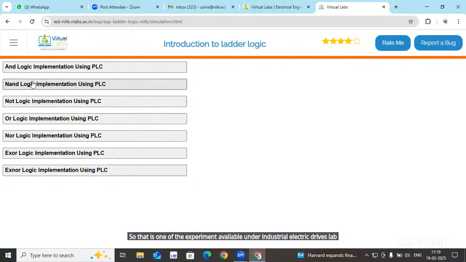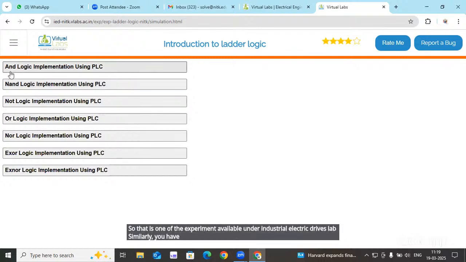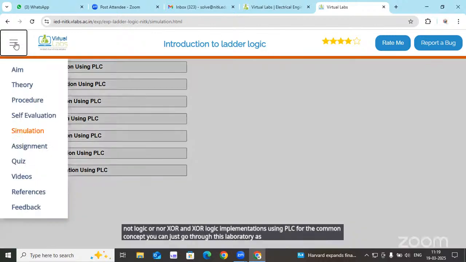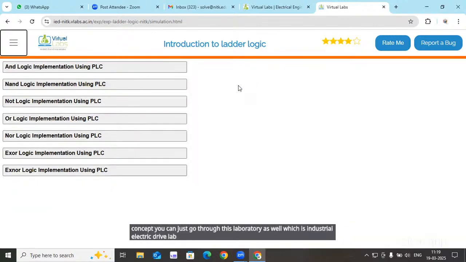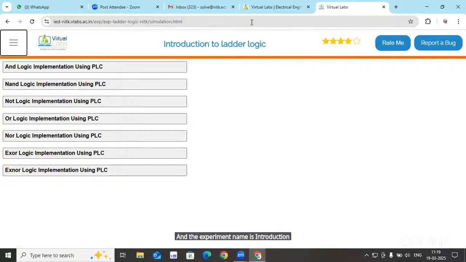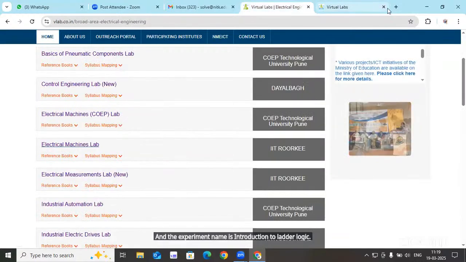Similarly, apart from the AND logic implementation, you have NAND logic, NOT logic, NOR, XOR, and XNOR logic implementations using PLC. For the common concepts, you can go through this laboratory as well, which is the Industrial Electric Drives Lab, and the experiment name is Introduction to Ladder Logic. So again,